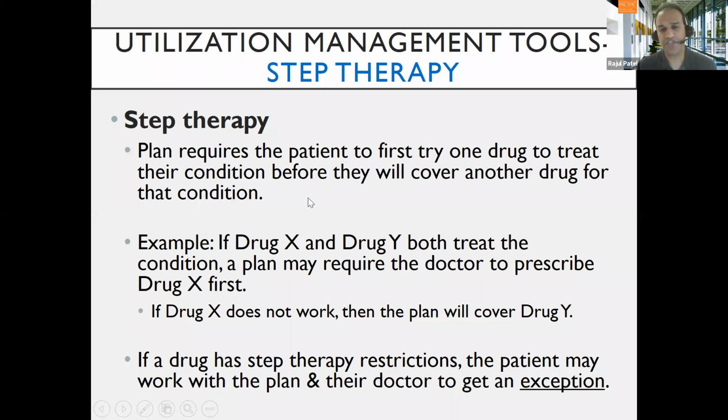Step therapy is another restriction. With many disease states, there are multiple classes of medications that can be used to treat the disease. Blood pressure, cholesterol, diabetes, there are several classes of medications. What step therapy says is, look, we understand that you and your prescriber want you to get this particular medication, but that medication is usually more expensive. And so before we give you that, we want you to try some other medication, which is also used to treat the same disease state that is typically much lower in cost. And if you try and fail that, or you don't tolerate that, no problem. Then you can get this more expensive drug that you and your prescriber want you to get. And that's what step therapy is.